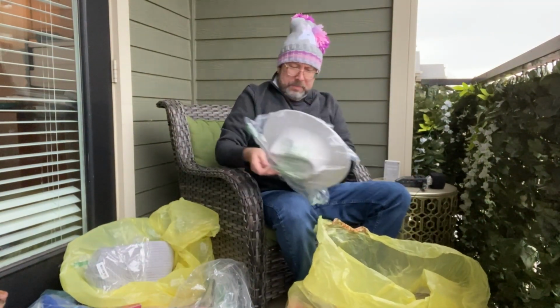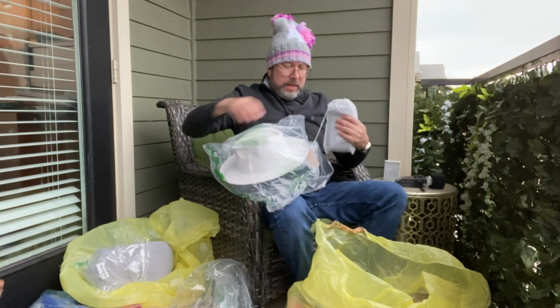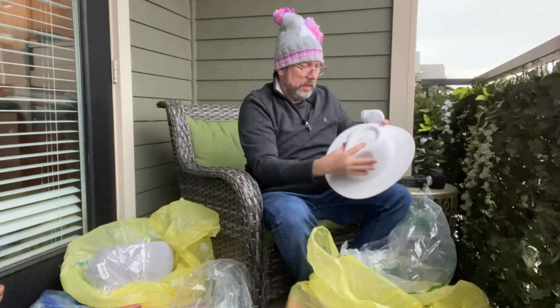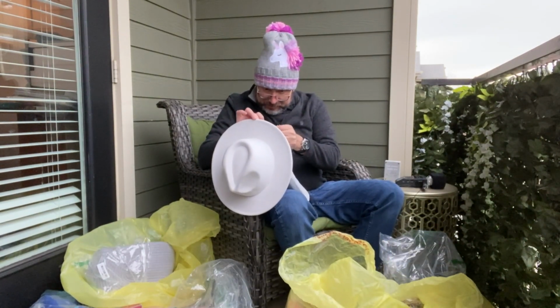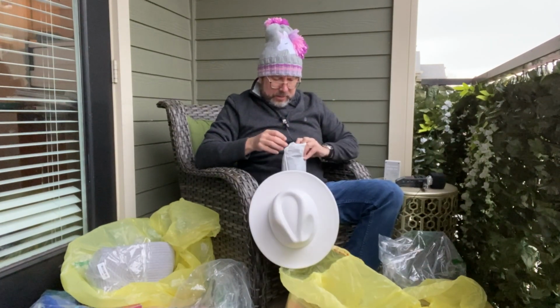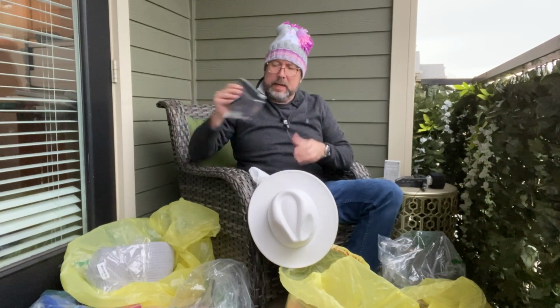Next up is a cowboy or cowgirl hat or some type of hat. It's a white hat. That's what I'm trying to say. That has this thing attached to it, or stuck to it, or tied to it. All right, what's in here? This is a